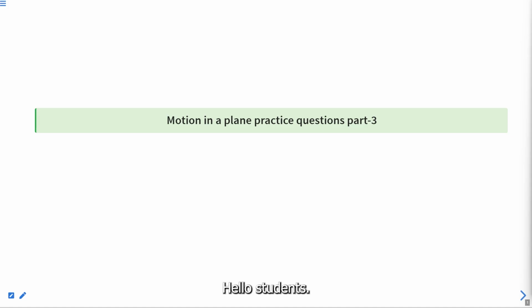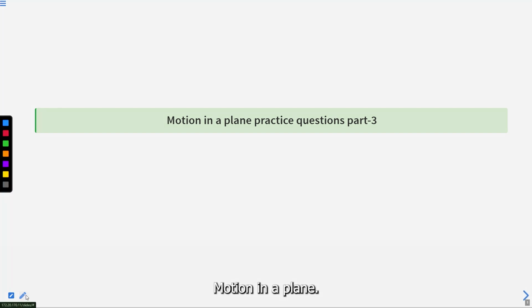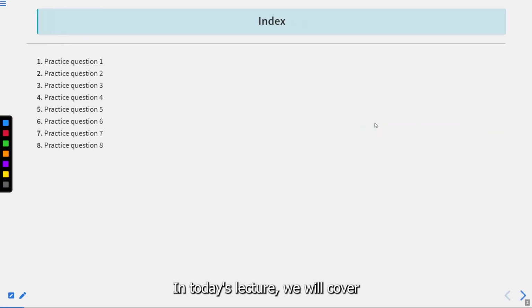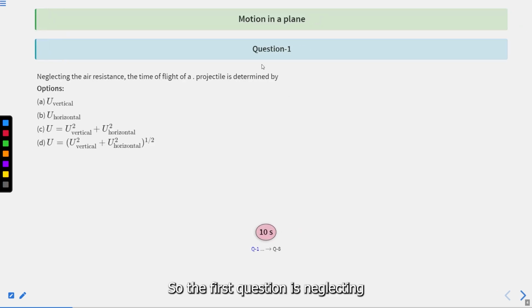Hello students, in today's lecture we will learn motion in a plane, practice questions part 3. In today's lecture we will cover 8 practice questions and their solutions. Clear? So the first question is: neglecting the air resistance,